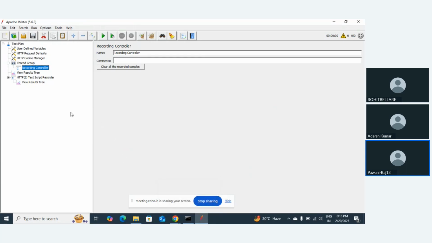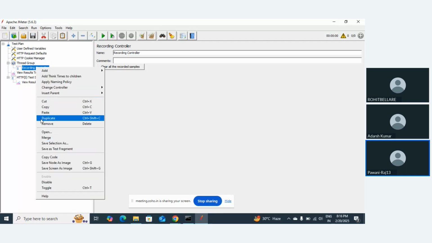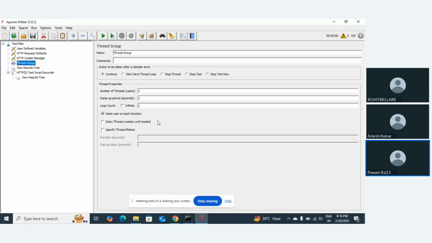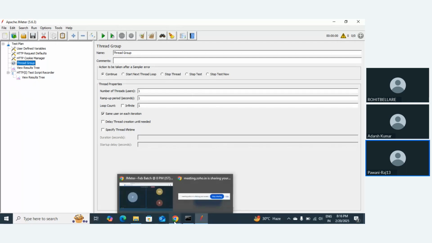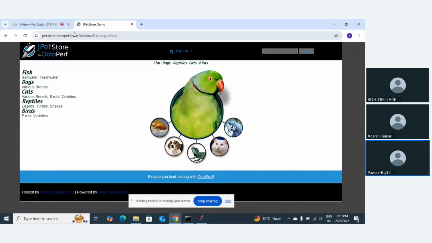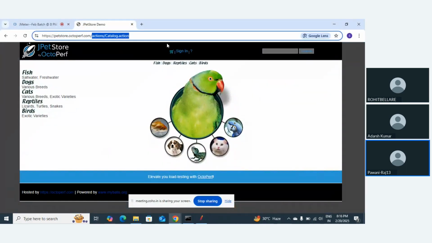Just right click here and remove this recording controller. Now I will see the flow of my application. Initially my flow will be